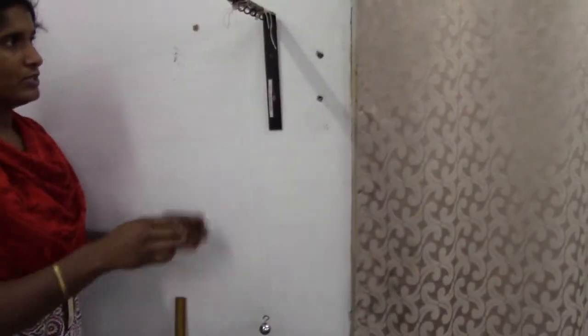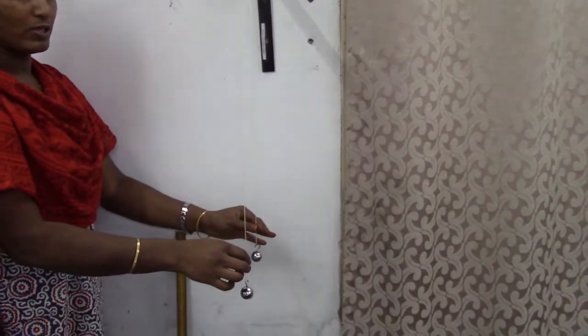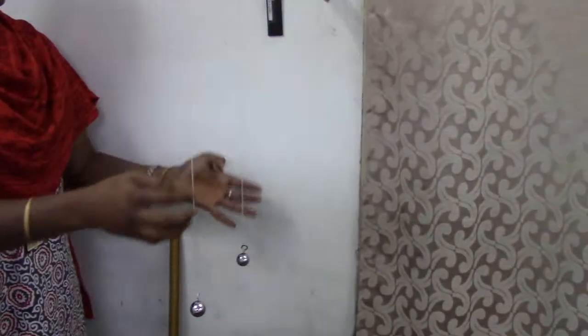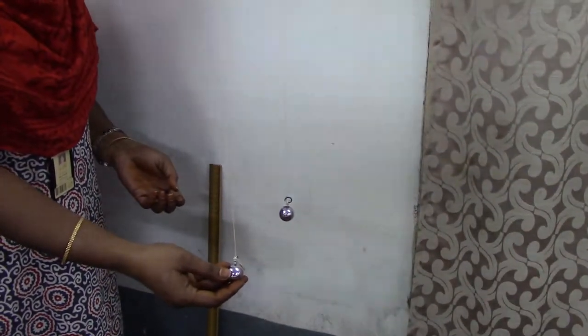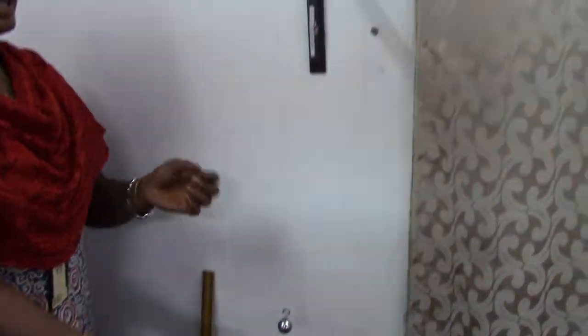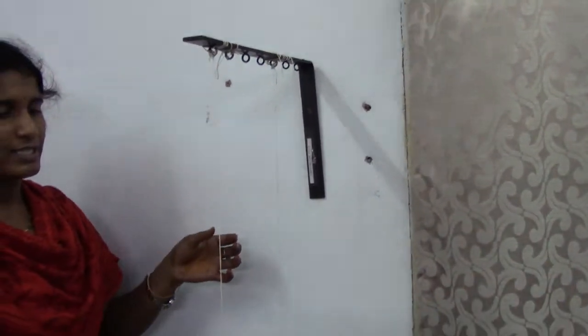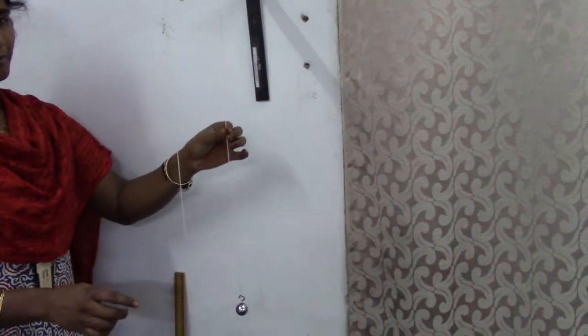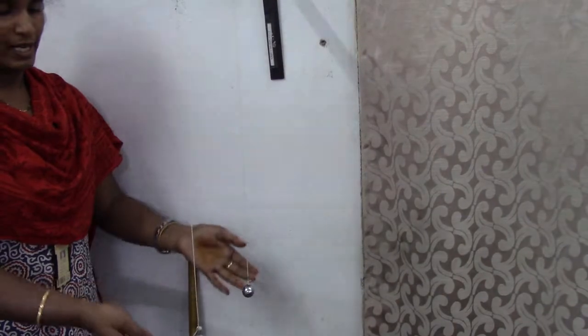Now coming to the apparatus. So this is our coupled oscillator setup here. These are our uncoupled pendulums. Two pendulums I have attached here. Here a small 5 gram weight of bob is attached separately. Let us consider this is pendulum A and this is pendulum B. Both the two pendulums are arranged.